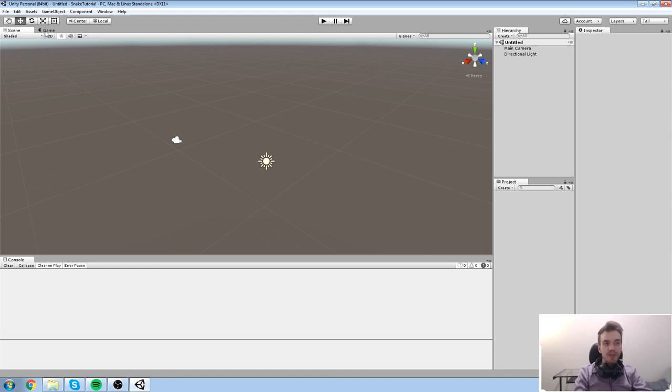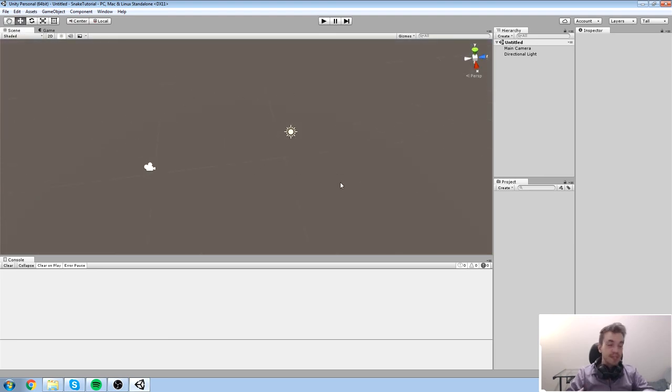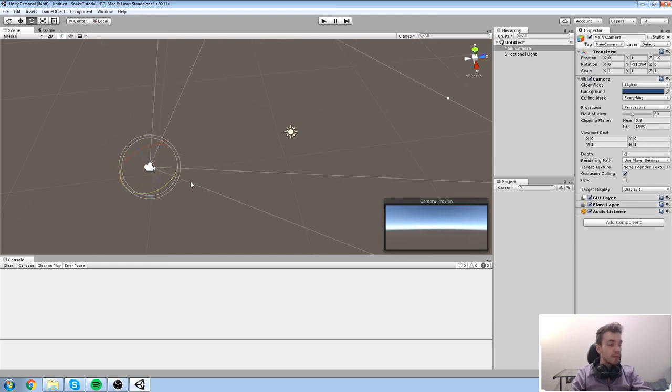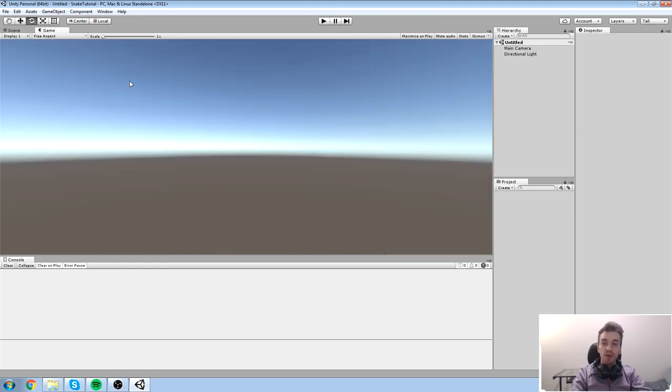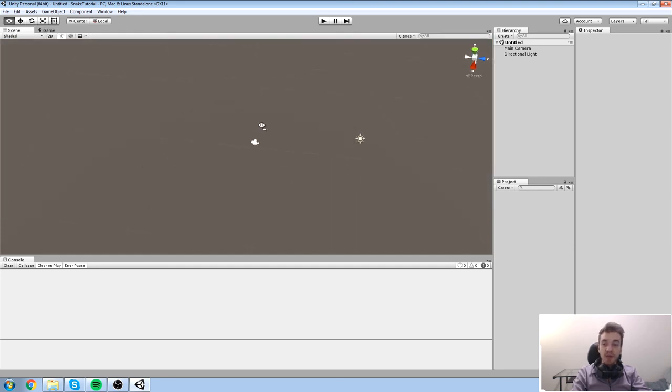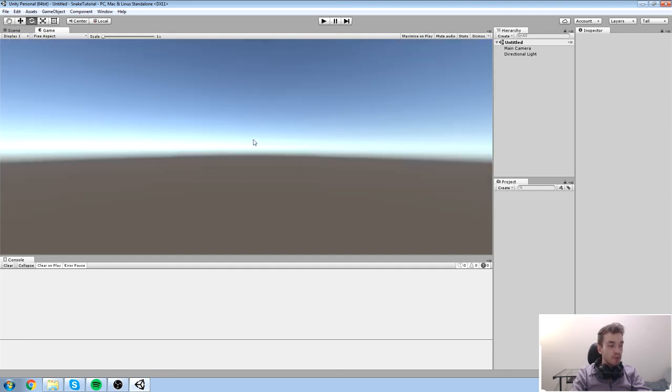As you can tell, this one is split in two. There is the game window and also the scene. Now, the scene window is where you do your editing. That's when you're placing objects in the scene, or rotating stuff around, and we're going to be talking about that in a second. The game window is what happens when you're playing. So at this point, notice that I can't really move around the same exact way as I did in the scene window. That is because when I'm in my game view,